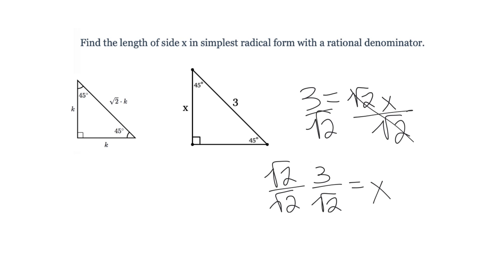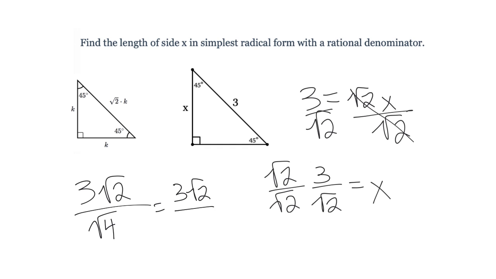Okay, let me try to write that here. All right, so on the top, 3 times the square root of 2. And on the bottom, we have the square root of 2 times the square root of 2, which is going to equal the square root of 4, because you can multiply those 2's together. The square root of 4 is equal to 2, because 2 times 2 is 4. So this is going to be simplified to be 3 times the square root of 2